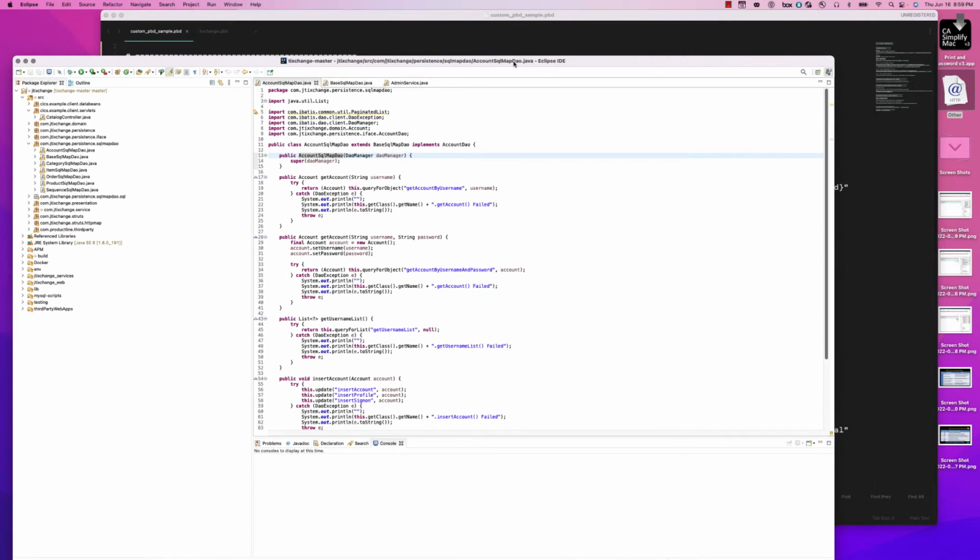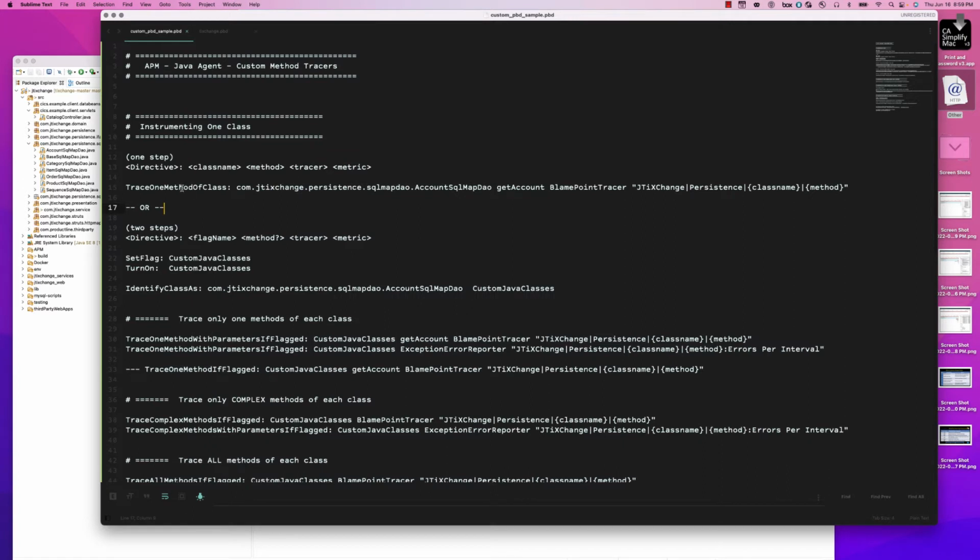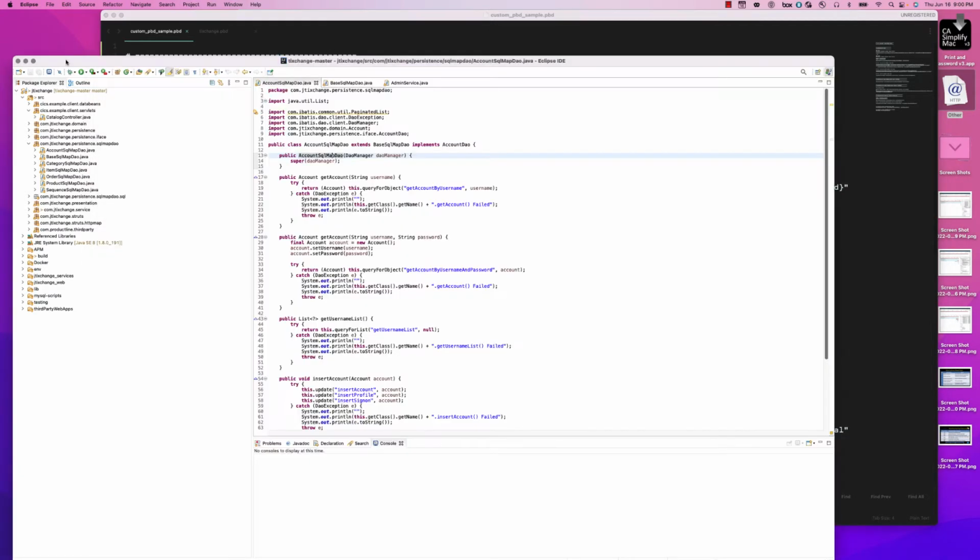And if you notice, here's the package name, and here's the method, and here's the class name. So now I'm saying trace one method of class. Here's the package name, and here's the class name, right? So class name, now followed by a method. So in here, let's say we're interested in monitoring get account, but notice that get account is a